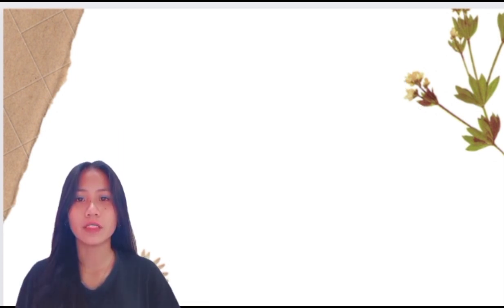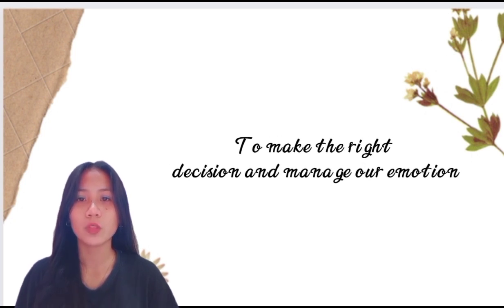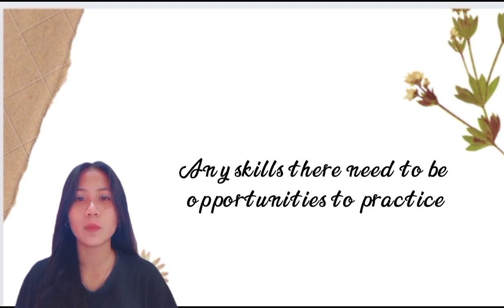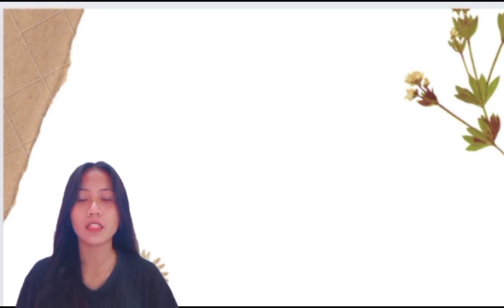Throughout adolescence, our cognitive and emotional abilities mature in a way that helps us take a deeper look at each other's needs and perspectives, thinking abstractly and analyzing more complex questions than when we were children. These changes equip us to develop the skills we need to make the right decisions and manage our emotions. And like any skill, there need to be opportunities to practice in real situations and make and learn from mistakes.